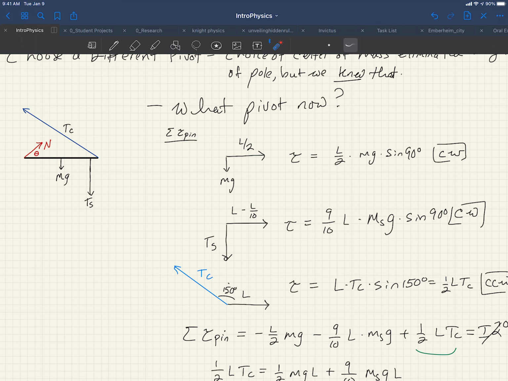So we have a torque created by the weight of the pole, which is a distance of L over 2 away from our new pivot with an mg force. So the torque is L over 2, mg sine 90. If this object were allowed to rotate, it would create a clockwise torque. So that's clockwise torque. We know that's going to be negative. We then